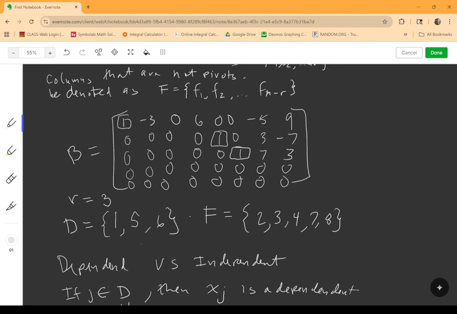Okay, so we could see here again, think of the columns, those indices, they represent the coefficients of x1, x2, x3, x4, x5, x6, x7. So what this is telling me here is